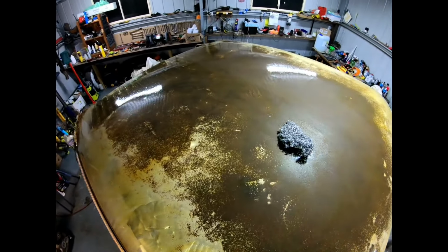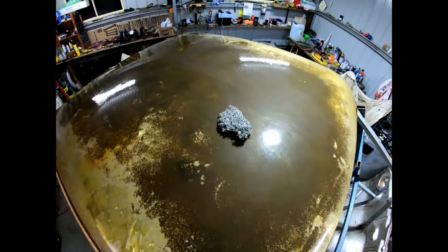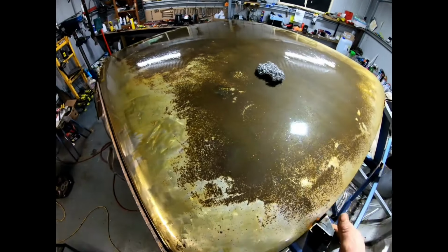So I think I'll end up leaving it for the night and just leave the rust converter on. It'll dry up anyway. I mean, I could put rags over it, saturate it, and let it keep doing its thing, but I like to keep an eye on it. So what I do,